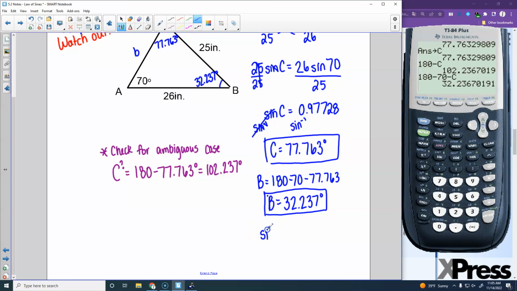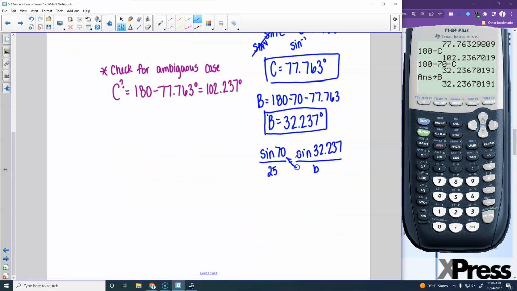So you'll say sine of 70 over 25. Technically, you can use sine of 77.763 over 26. I avoid using that because it's a rounded value and it's just better if you use those whole number values. And then you've got sine of the 32.237 over lowercase b. So I would store this actually as my b also,